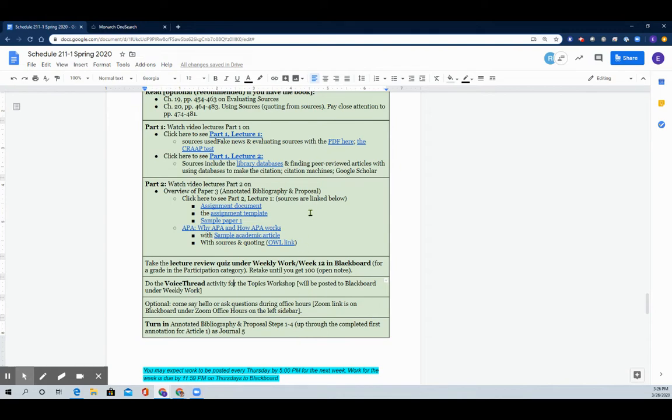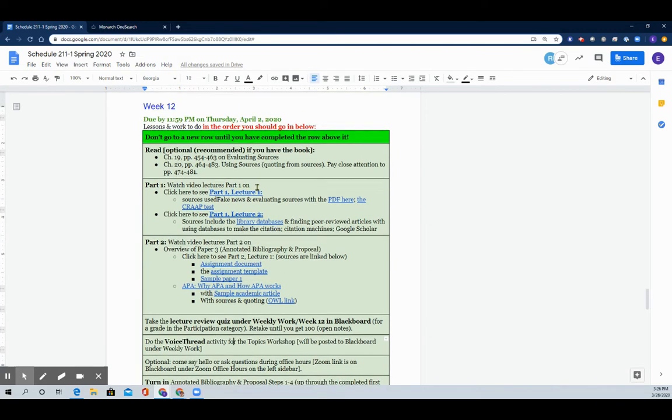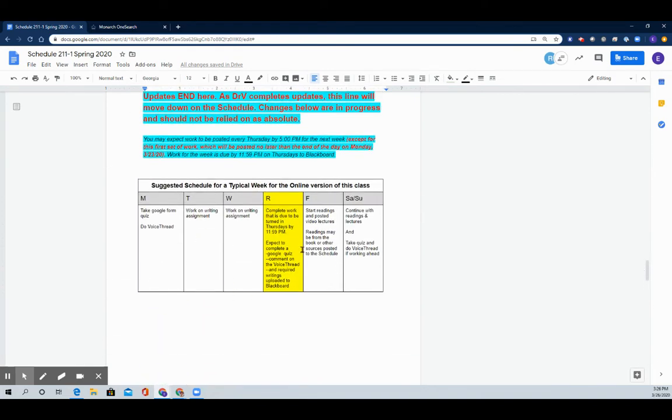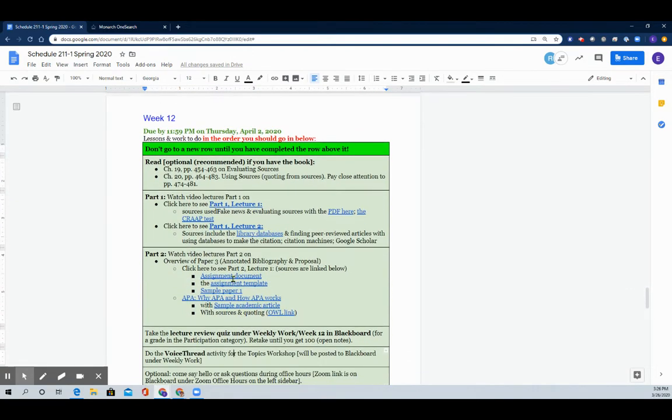So I'm going to strongly recommend that you are using the pacing guideline that I have up here for the online version of the class so that you can see here that there's an order that you should be going in. Okay, let me hop back down here now. And if there's overlap with other things I've posted, I'm sorry about that. I'm overlapping some on purpose because I think it'll help my students.